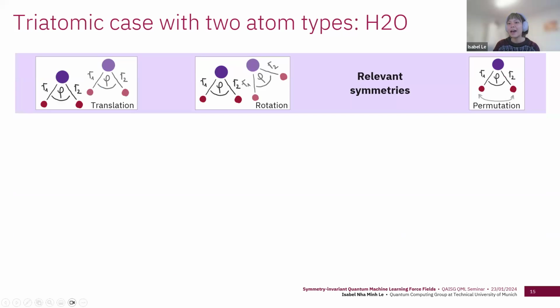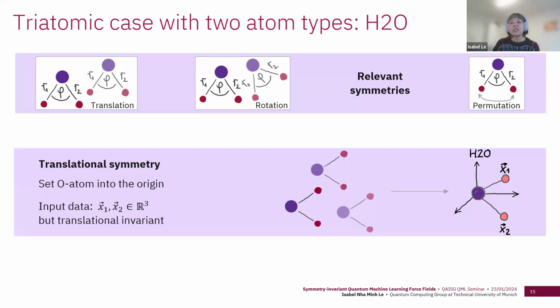Okay. So that was our considerations for the diatomic case. We now consider a slightly larger molecule of 3 atoms and 2 atom types. An example for this case would be water. Here, we also need to take into account the invariance under permutations of the same atom type. So in the case of water, hydrogen. And translational symmetry is again included by means of fixing the origin. Here we just set the unique atom into the origin such that we only need to encode the two identical atoms. So hydrogen in the case of water.